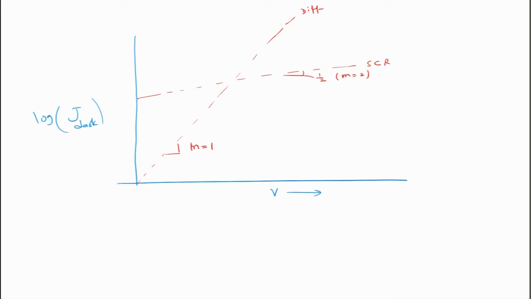Generally what we observe is a trend like this. At the smaller voltages we have space charge recombination. When all the traps are filled, then it goes to diffusion current. This typically happens at lower voltages, you will have space charge recombination current when the slope will be half, and at higher voltages when all the traps are filled, recombination reduces. As a result, the carriers move away from the junction.